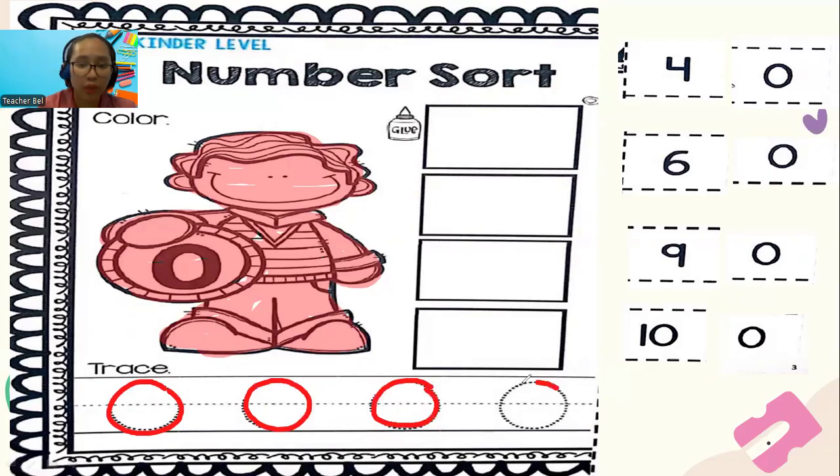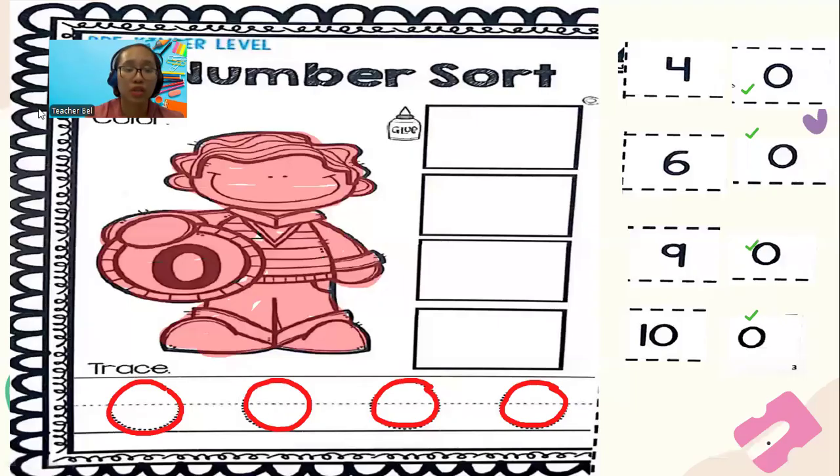Now, on your work, you get to cut your numbers and you only need to paste the 4 zeros in the box. So for my work, I already cut it and I'm just going to put it in the box. Now, for you, you need to cut it first on the side. Sorry, let me go back. So how about for you, you get to find it, but I will check it. And here, I have all the zeros.